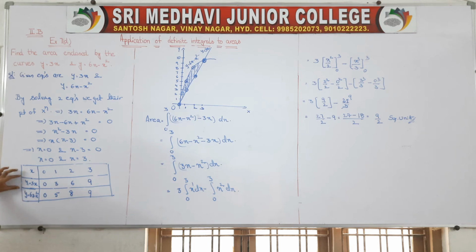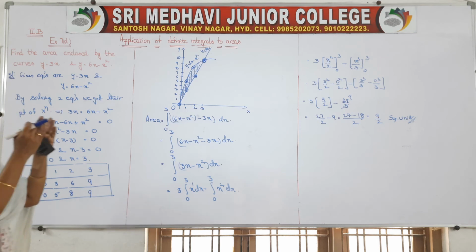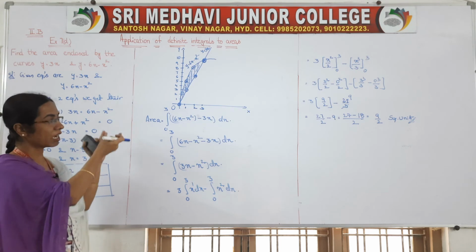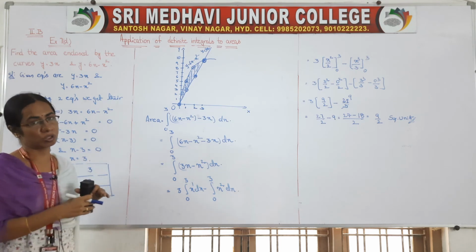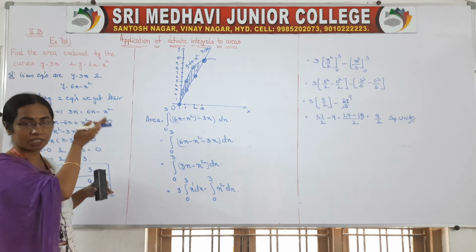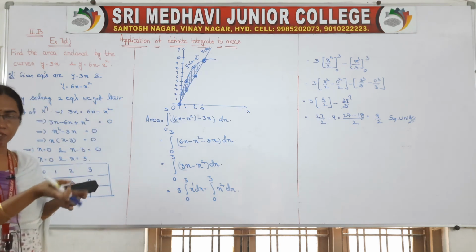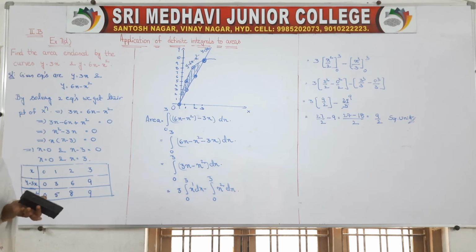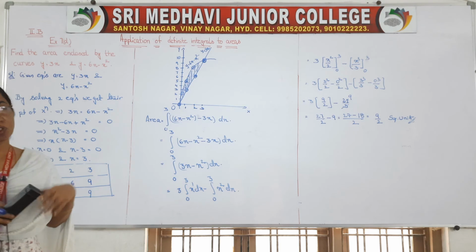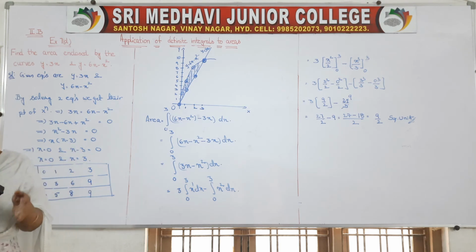With this, first try to draw the line diagram, then try to draw the curve diagram. After that, the area in between them, you should shade that area. That means that is the area we are going to find in the question. Then you observe which curve comes upwards and which comes downwards, line or curve. Sometimes two curves will be given to you, sometimes one curve and one line. So which one is coming upwards, which one is coming downwards?